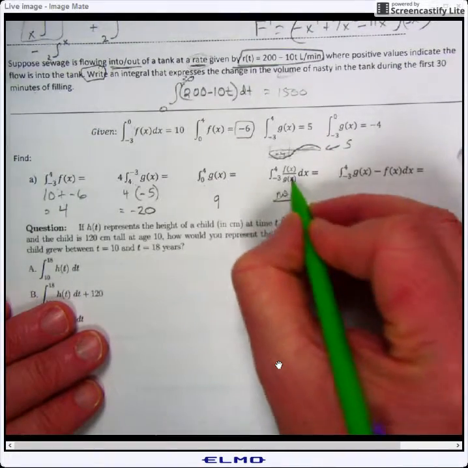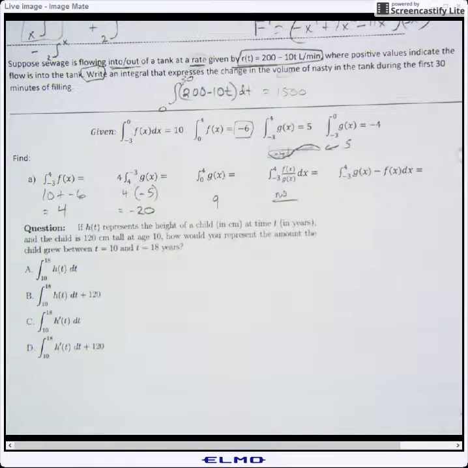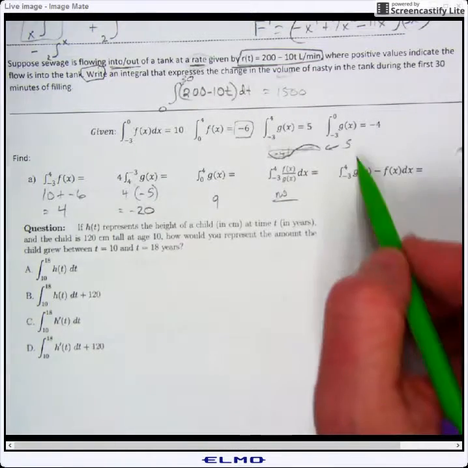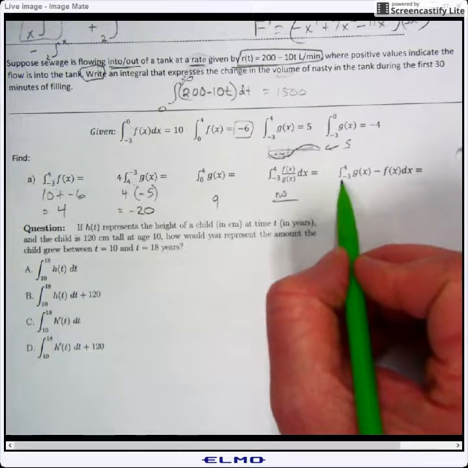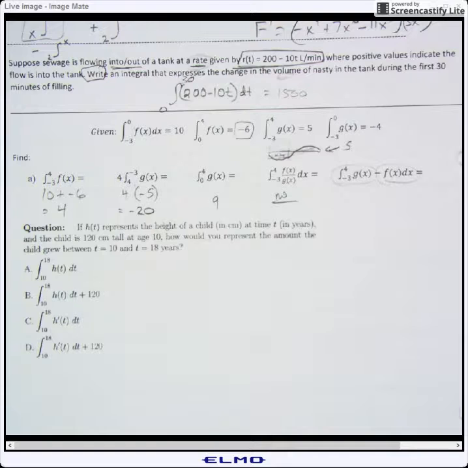No, can't do it. Can't do the quotient rule. And the last one, you're going to have to split this up. Find the whole interval for g, the whole interval for f, and subtract them. I am going to be out of time on my 10-minute video, and I am